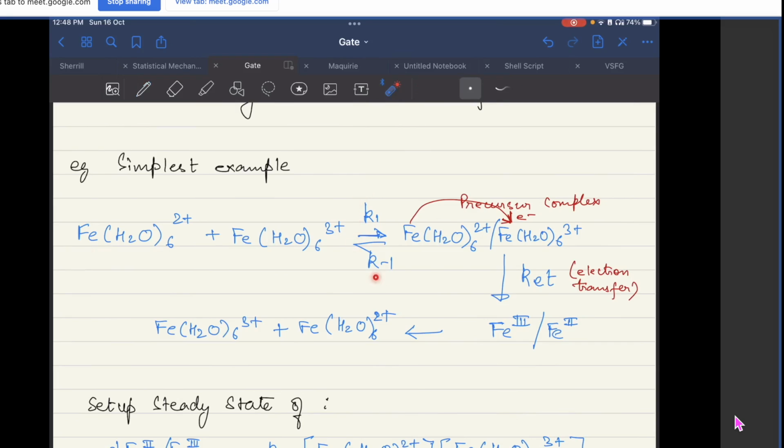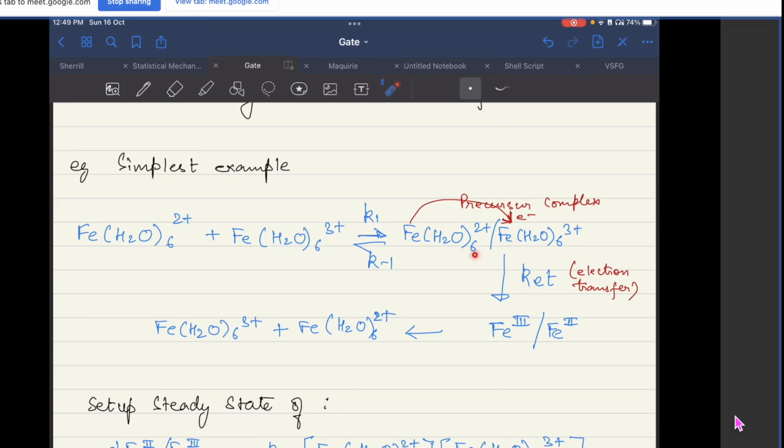Just for some time being, if you do not look at this part and just look at the conversion of Fe2+ to Fe3+, and Fe3+ getting reduced and becoming Fe2+. Okay, so this is the simplest example for electron transfer between these two iron complexes. So these are the reactants, and these are the products. So if I include the steps, so this will be